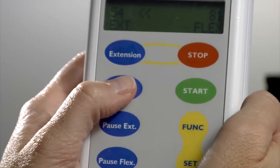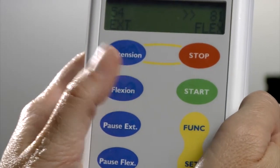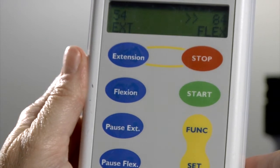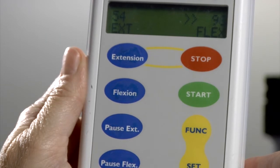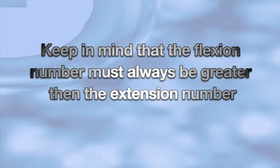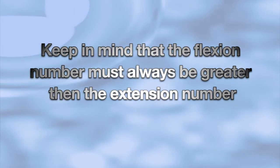To adjust the flexion setting, hit the flexion button. Notice the arrows pointing toward the flexion setting on the right side of the display screen. Simply hit the appropriate arrow until the desired limit is reached. Keep in mind that the flexion number on the right side must always be a greater number than the extension